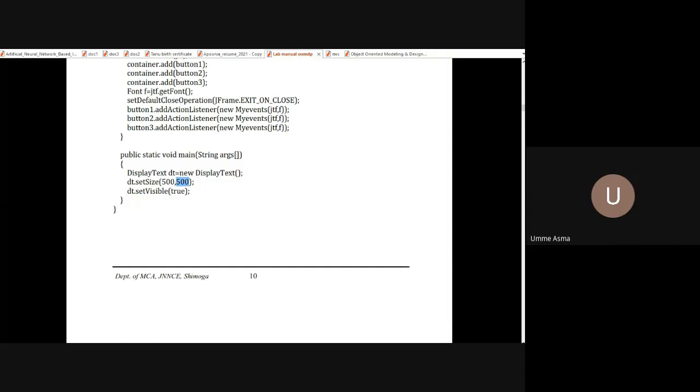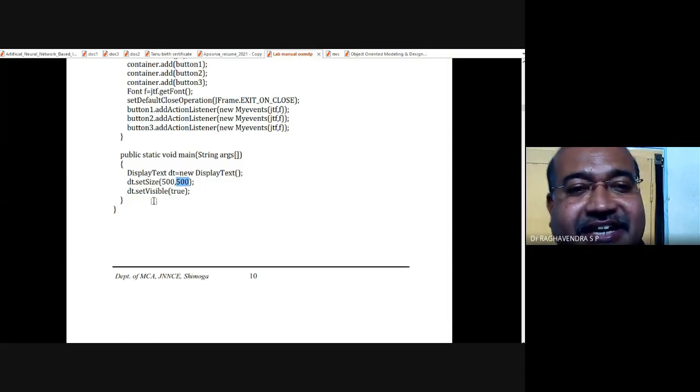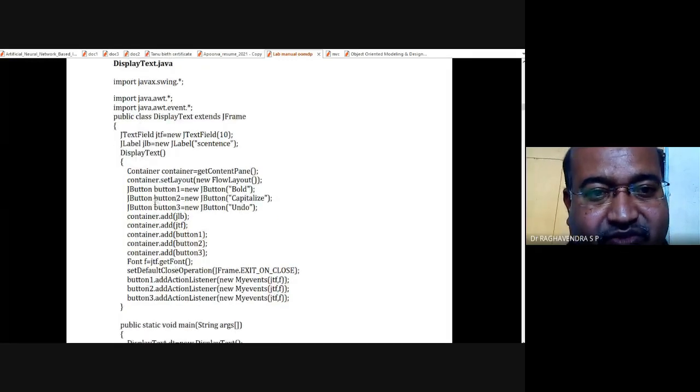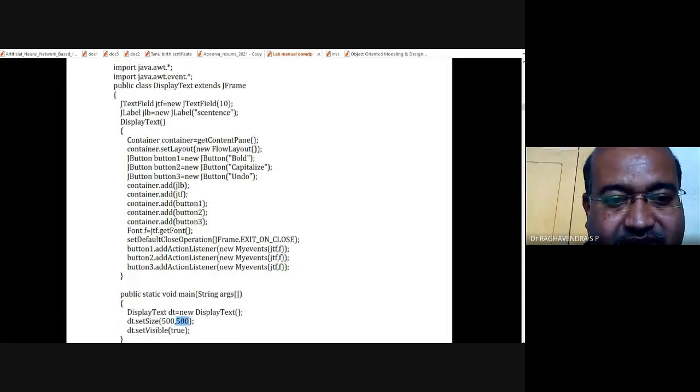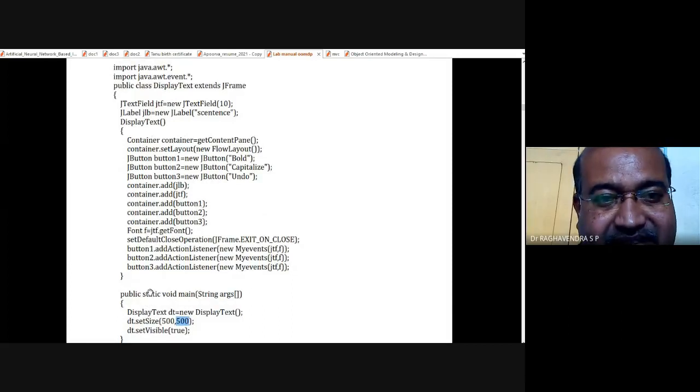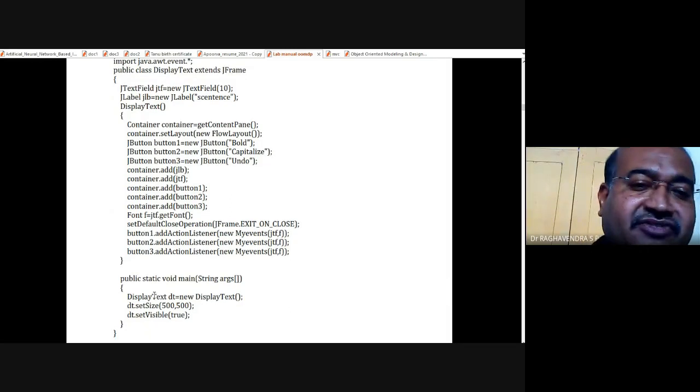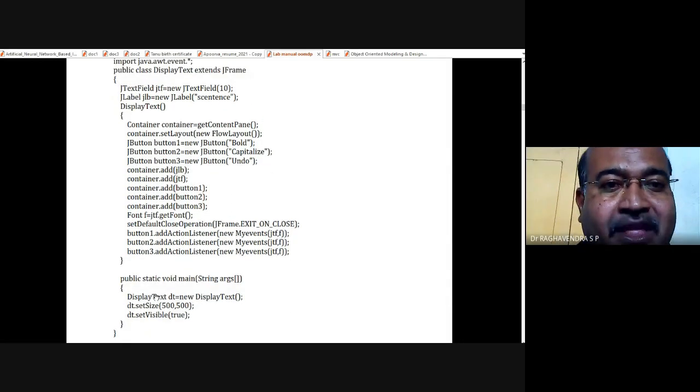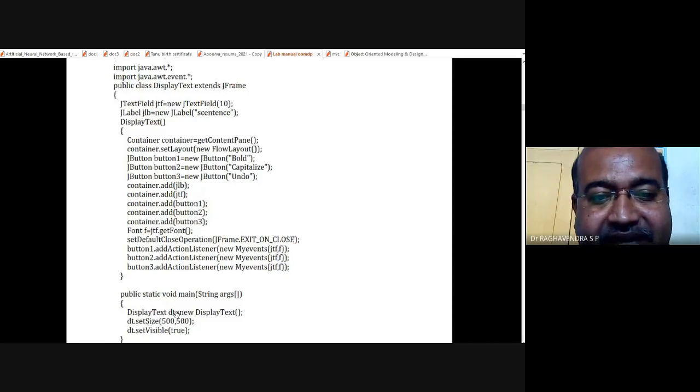Okay, now, I have created an object dt and called setSize. So now setVisible. Okay, setSize and setVisible are built-in functions. Once again, these are the built-in functions which are present in the JFrame. And these functions come to DisplayText because of the extends keyword, that is, through inheritance. In particular, in OOMD language, we call this a generalization. Okay, so in DisplayText, when you create an object dt,